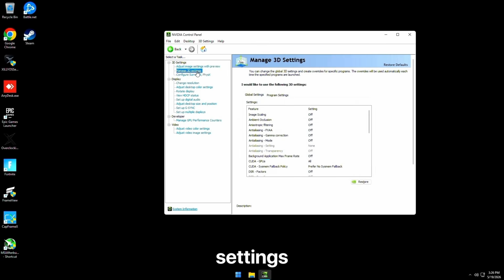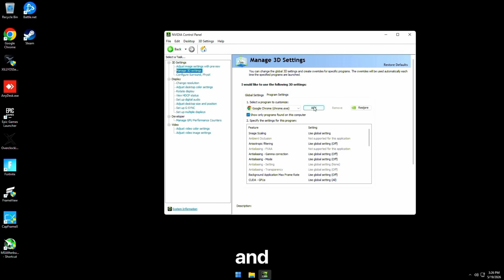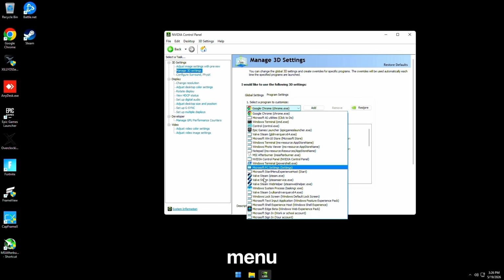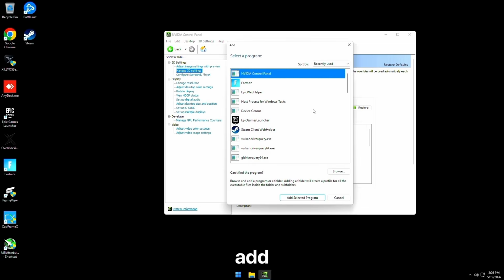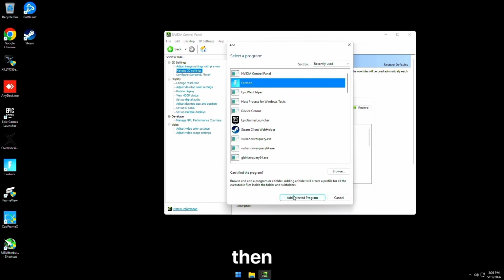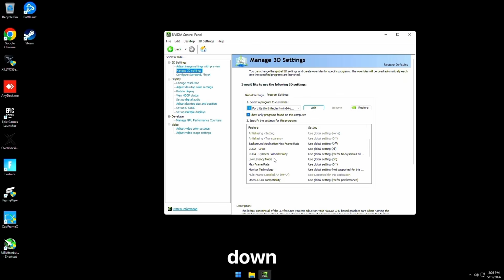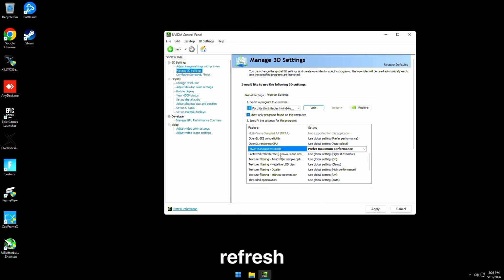Then go to manage 3D settings and then under program settings, click that and then just select Fortnite out of the drop down menu. If you don't see it like me, you're gonna click add and then just choose Fortnite right here and then press add selected program. Then scroll down. You want to set power management mode to prefer maximum performance,